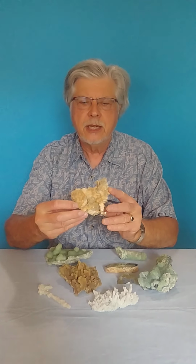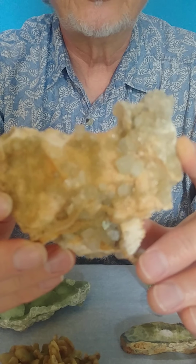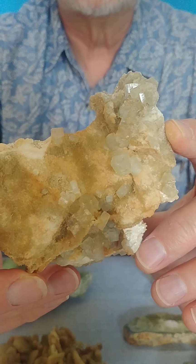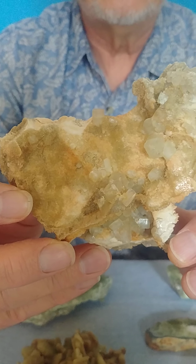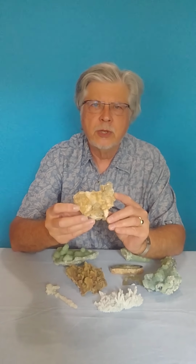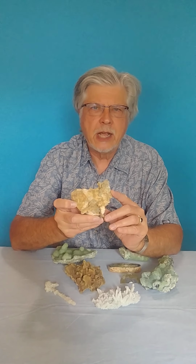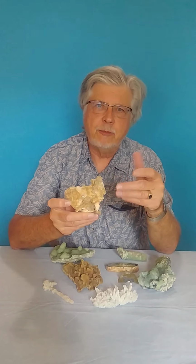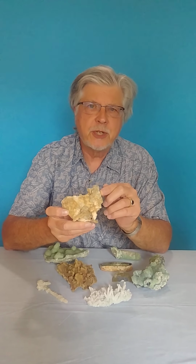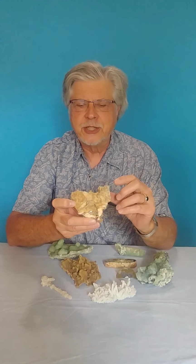Rarely, prehnite occurs as distinct crystals, and one of the very famous places for that is the Jeffrey Mine in Asbestos, Quebec, Canada. Those kind of tan crystals that you see on this specimen I'm holding up, they are actual individual prehnite crystals. So this is a completely different form from the common way that prehnite occurs in crusts, like I've been talking about earlier. In this mine they get up to 7 inches long. Now, I don't have any. I just have some that are a quarter inch long. But, hey,